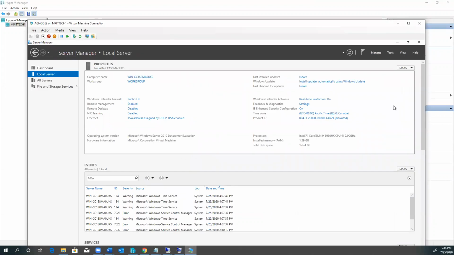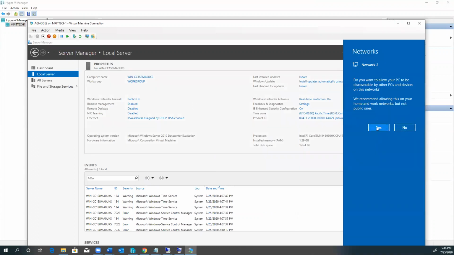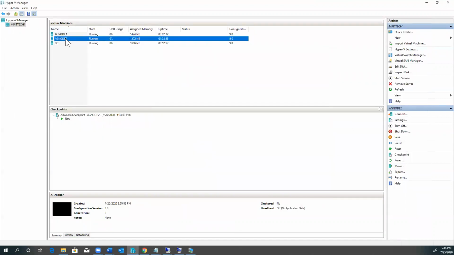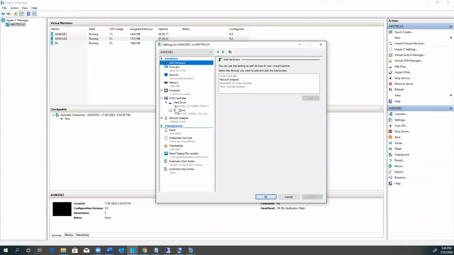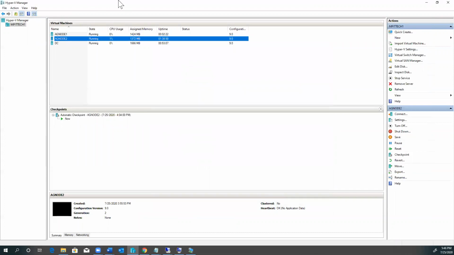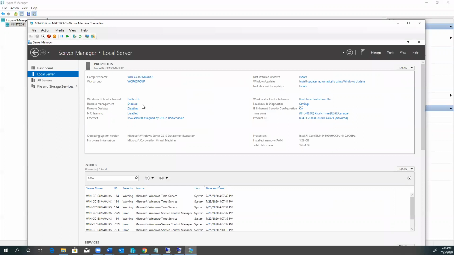Let's wait for the blue screen. There you go. Say yes, and let's flip back to our virtual machine manager and change it back to internal. Change that back to internal network, apply, and okay. All right, so let's go back to the VM and now change some of the things that we changed